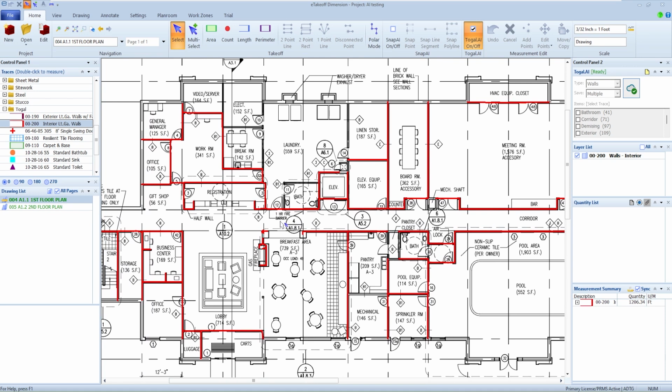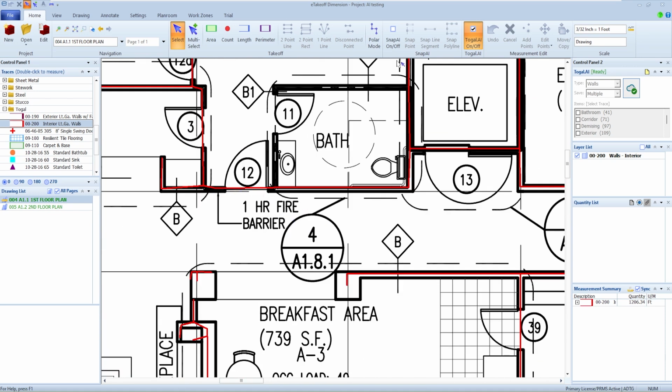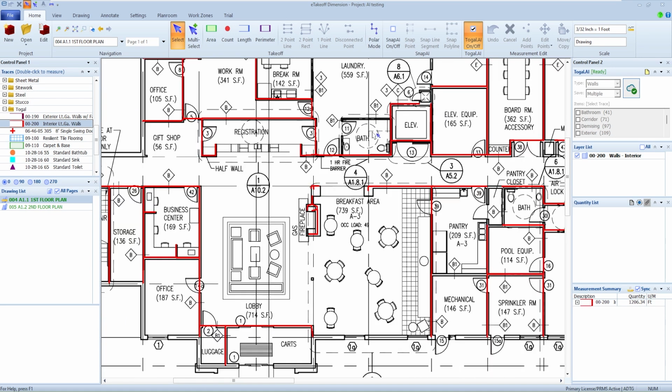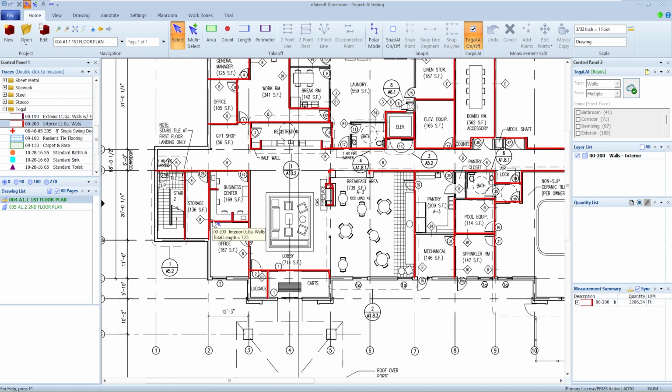Very powerful, very accurate as far as catching my lines and things like that. I think there's a separate one for bath walls in there, so they're probably a different moisture resistant type. But as you can see, it's a very quick way to do takeoff, and very nice in that I can come back and even modify those dimensions afterwards. I'm not really stuck with how it was drawn if I think it's a little different one way or the other on any of my values.